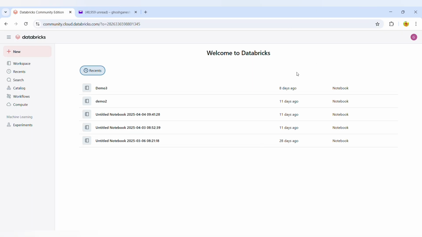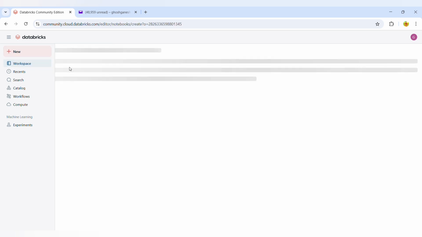So when you log in for the first time into the Databricks Community Edition, you will click here on New, and here you will get the notebook just like a Jupyter notebook. This notebook is Spark compatible, so you don't have to worry about any environment